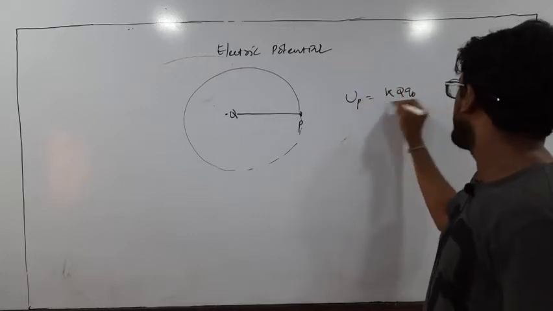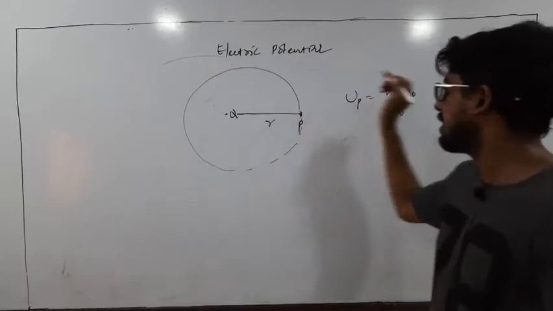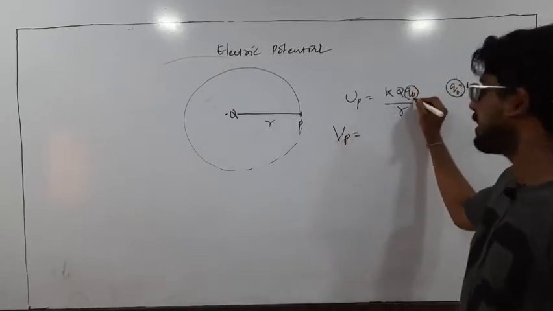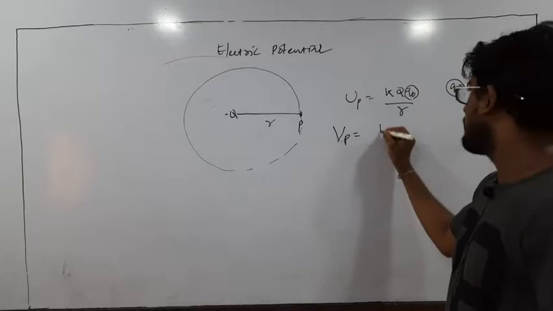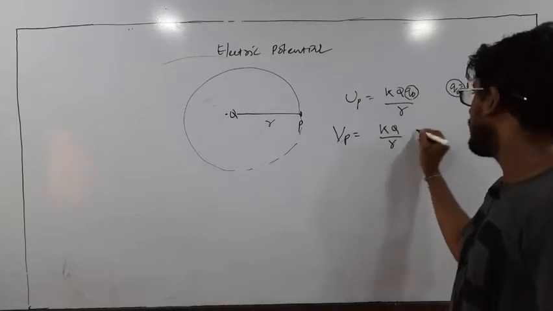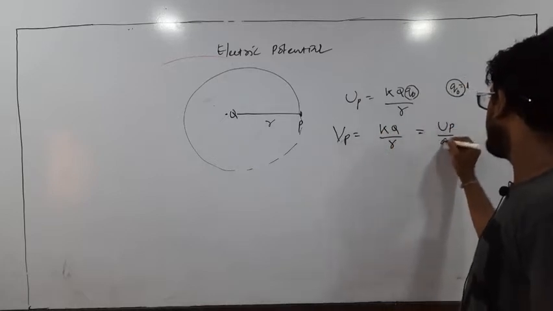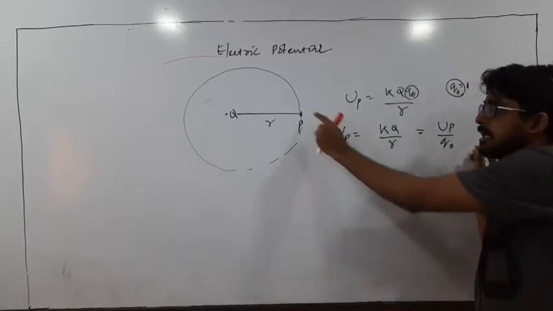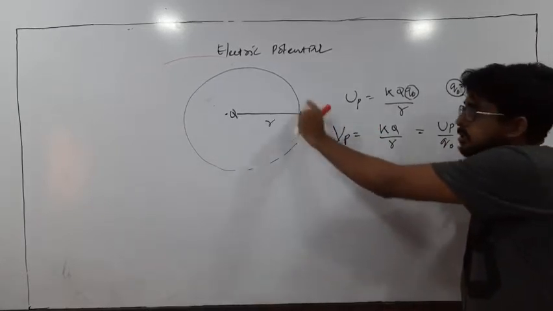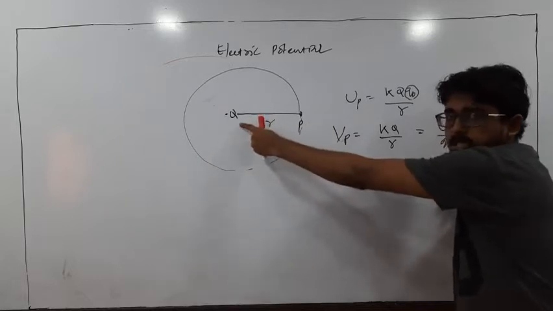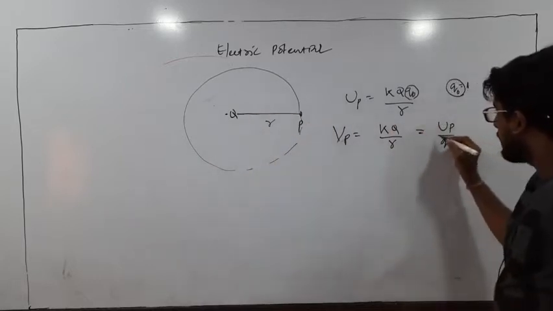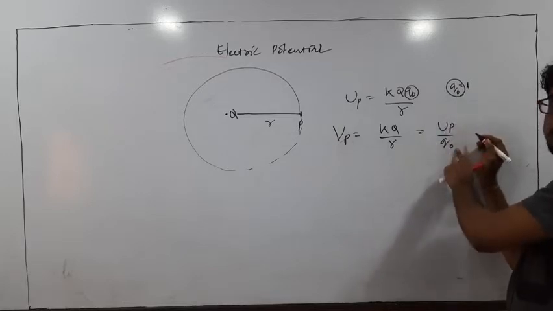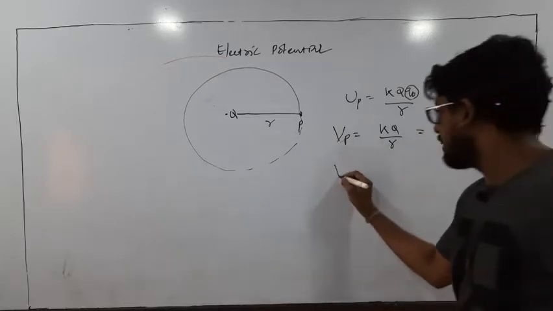So we know the potential energy for bringing Q naught at point P will be K Q Q naught by R. If this distance is R, then the electric potential at point P, when Q naught is taken as unit, will be K Q by R, or this can be written as U P by Q naught. That means the electric potential at any point or region within the electric field of a source charge will be the electric potential for a unit positive test charge. Clear? So V can be written as